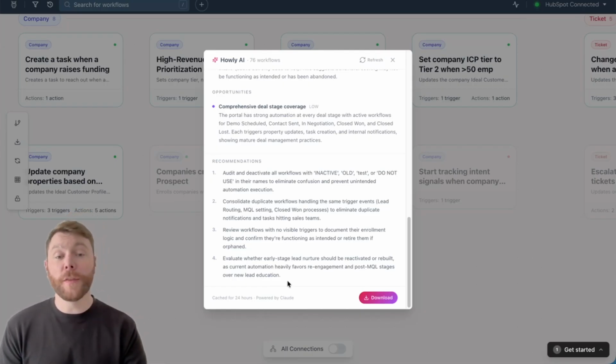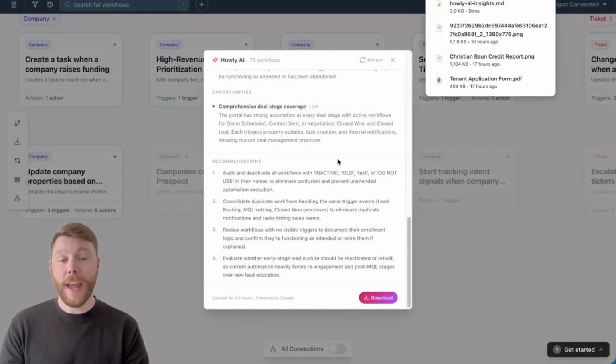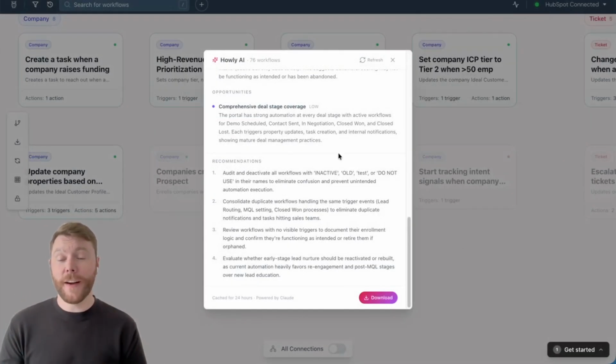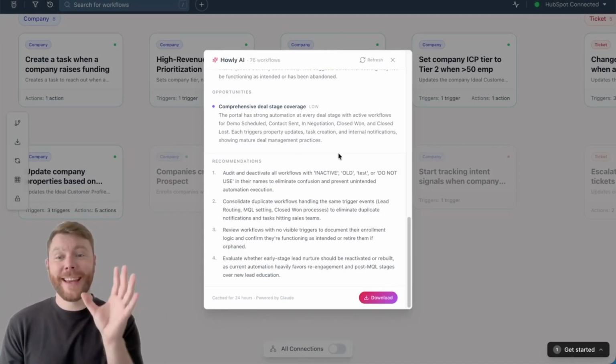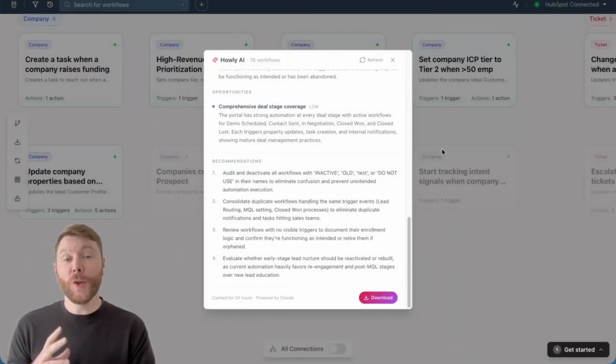And what I can do from here is I can download this directly to my desktop. And this is a markdown file, so I can put this into Claude. As I'm working with it, I can put it into my LLM of preference. But what's really cool is that these insights are also included as part of your audit report, which we'll cover in a little bit. But first, I wanted to show you that if you are a true HubSpot power user,